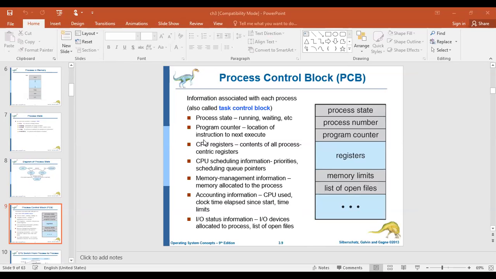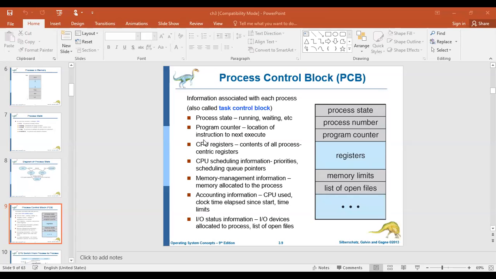This data structure is used for holding the information regarding the particular process. For example, consider the same example, your program. Once it starts its execution, in order to identify it, it should have a unique number. That is what we call the process ID or process number.